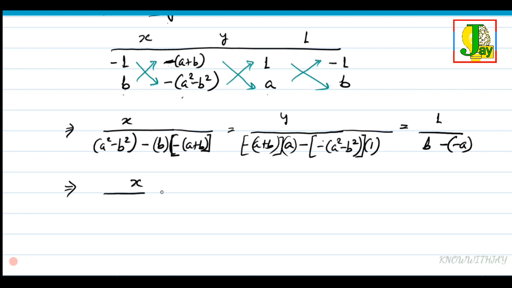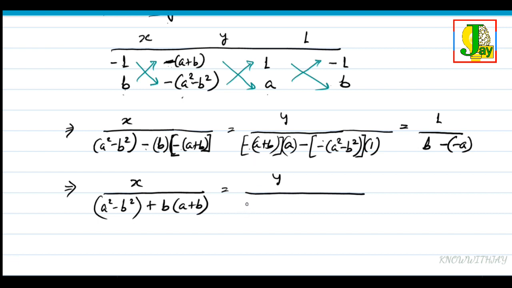Now we have x upon a square minus b square. Now minus into minus plus, if you open the bracket, you have b into a plus b, b into a plus b equals to y upon, you have minus and this, so you have minus a plus b into a, then we have minus into minus plus, a square minus b square into 1 is the same thing, so 1 by b plus a, that's a plus b only. Okay,